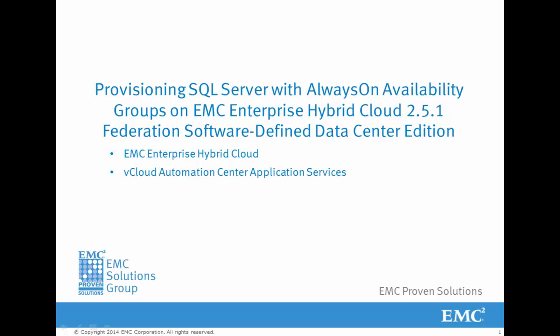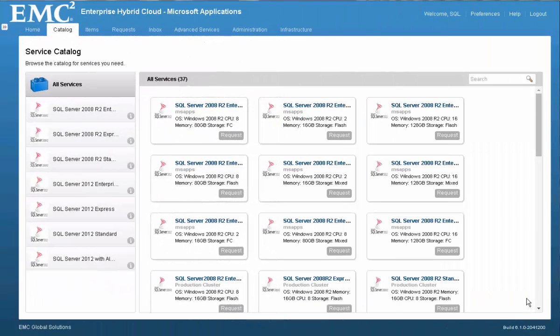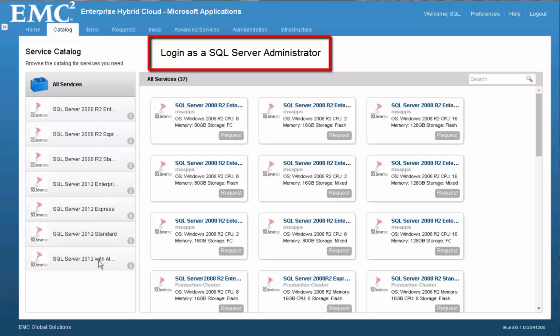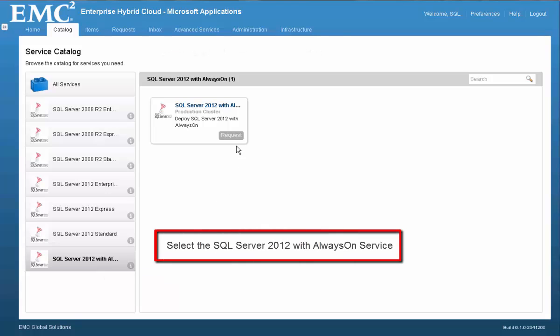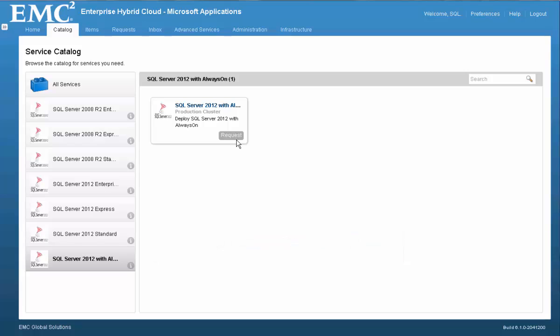In this demonstration we will show how Microsoft SQL Server with AlwaysOn availability groups are provisioned on EMC Enterprise Hybrid Cloud 2.5.1. While logged in to vCloud Automation Center as a SQL Server administrator, select the SQL Server 2012 with AlwaysOn service. Select Request on the available catalog item